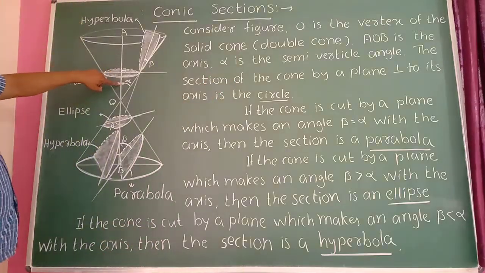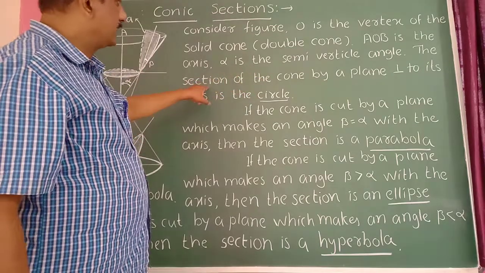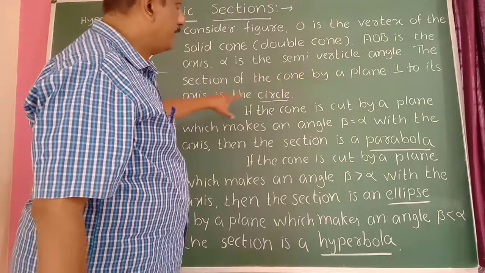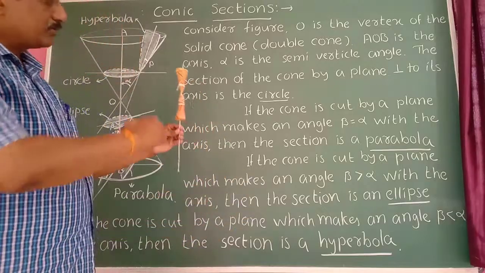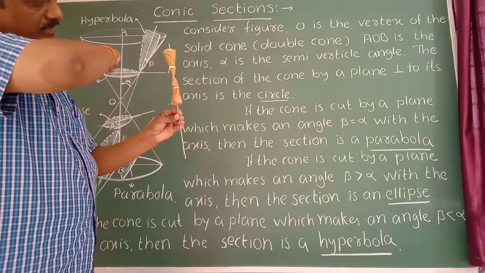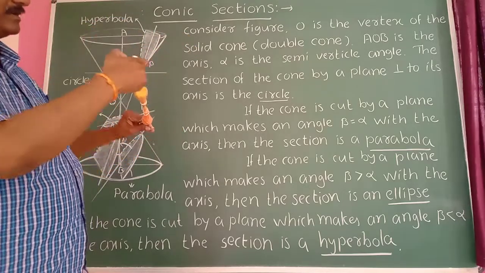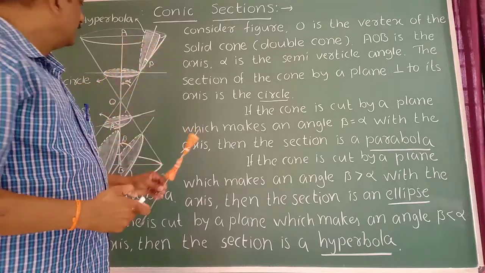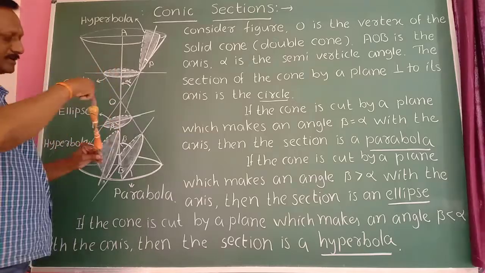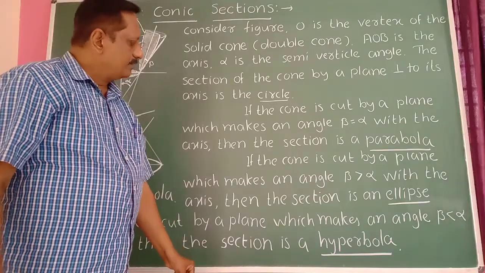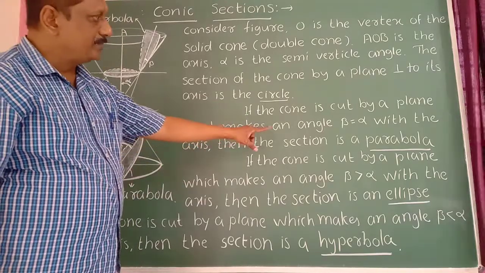The section of the cone by a plane perpendicular to its axis is a circle. Suppose you cut that carrot perpendicular to the axis, then you will get a circle like this. Therefore, if you cut a cone perpendicular to the axis, you will get a circle. Next, if the cone is cut by a plane which makes an angle beta equal to alpha,